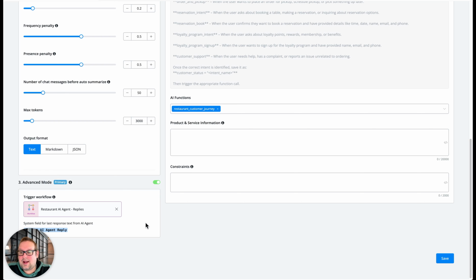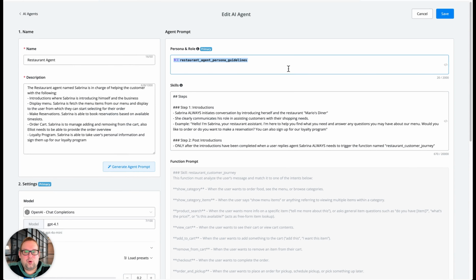For the advanced mode, I have the advanced replies as mentioned inside the flow overview, where we're going to show a few for each step regarding categories, regarding products, and so on. Then under the persona and role, we have a bot field. As you can see, it goes by the B in front of the custom field variable. That way you can identify a bot field. You can adjust that under the content settings and then bot fields, and you can adjust that to your liking. I really have a simple description here, basically stating the name, which is Sabrina in this case, and then also a little bit of the tone of voice and stuff like that,